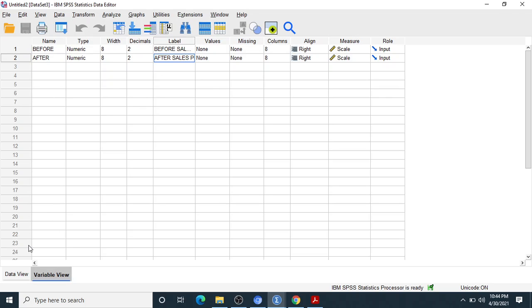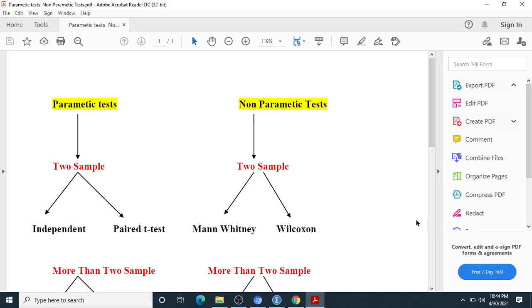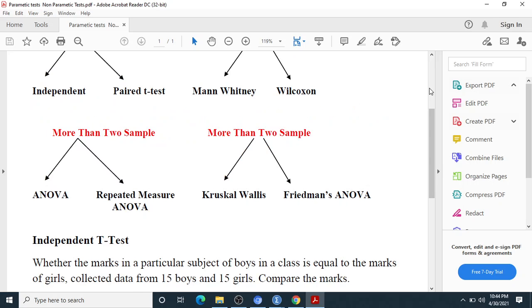I prepared this data for demo purposes, on the basis of a scale. This is the statement. We are talking about the paired t-test, whether the sale of a particular product rises after promotions or not. Compare the sale before the promotional activities and after the promotional activities on a 1 to 5 scale, meaning strongly agree to disagree. So before the promotion and after the promotion, is there an impact on the sale or not? Let us check with the help of the paired t-test.